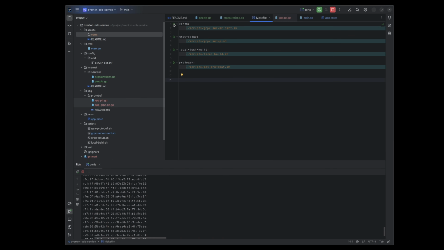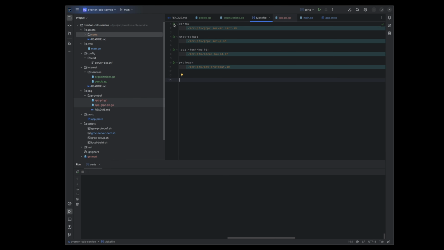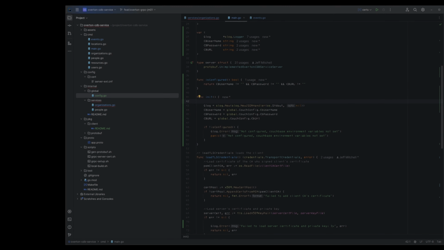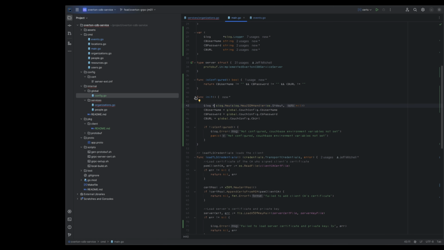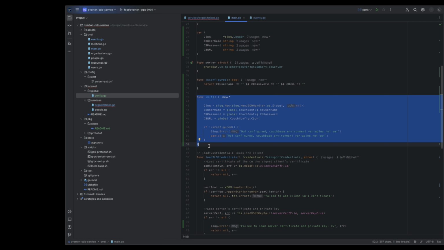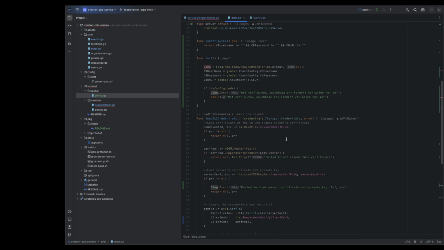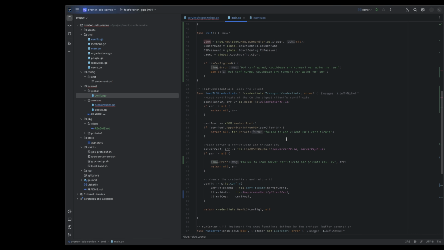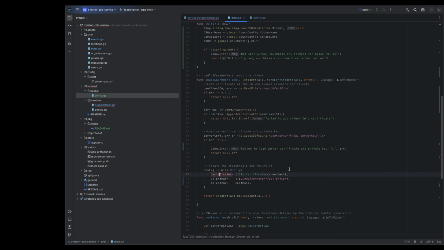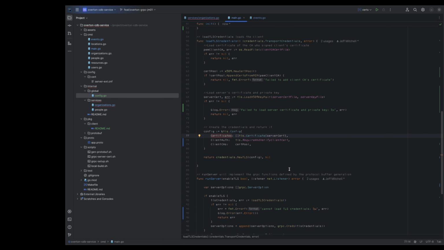So now I put in a script to actually generate the certificates that we'll need for both the client and the server side. That's also referenced in the makefile. I'm also going to initialize slog. This is just bare minimum for logging right now. I'm going to do an entire episode on getting structured logging set up for Elasticsearch, but this will give us minimal logging that'll help us as we're